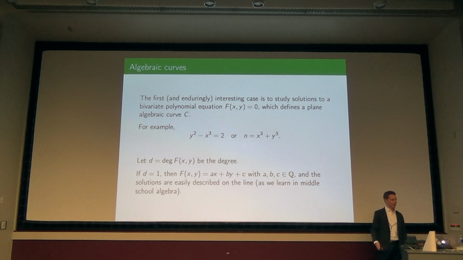But anyway, you learn how to do this in middle school algebra, right? You write y equals mx plus b and parameterize them that way. But you can visualize what it means to have a rational point there. Once you have one, you can find any one on the line. All right, good work. We did one case already.